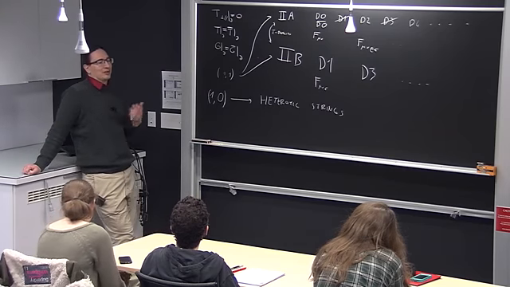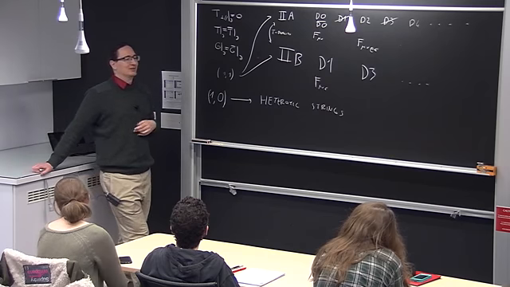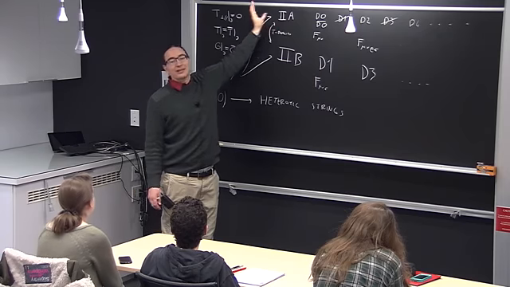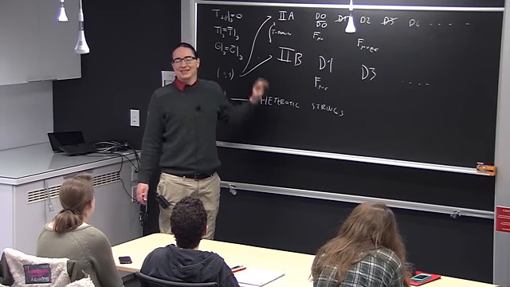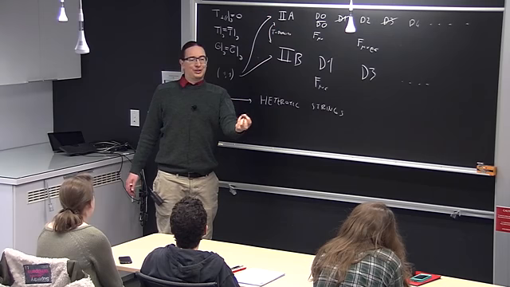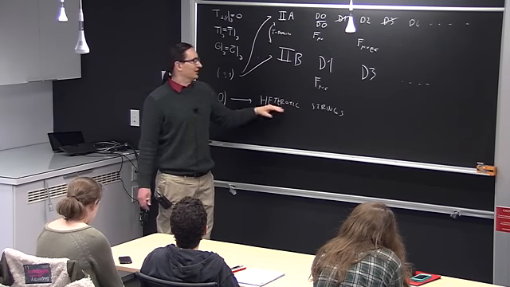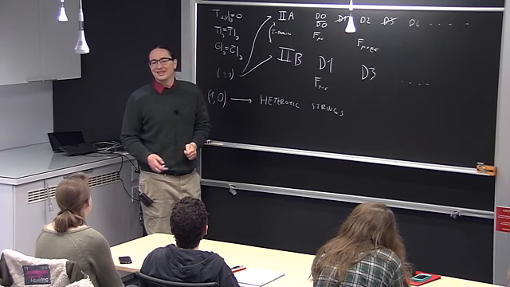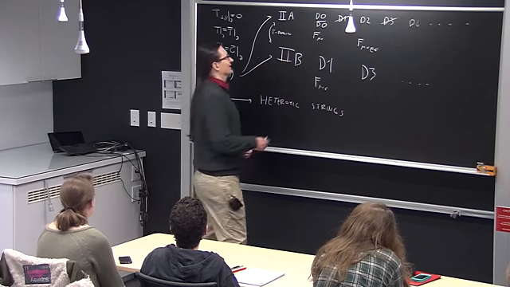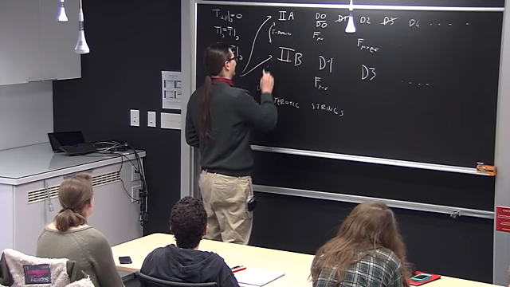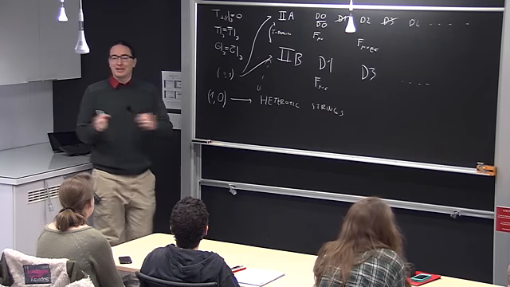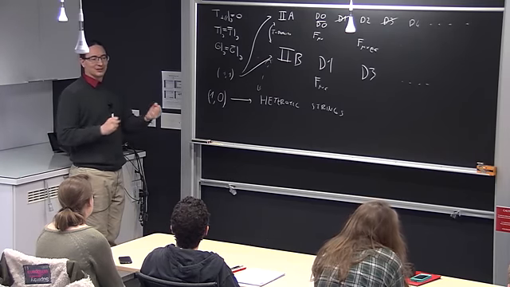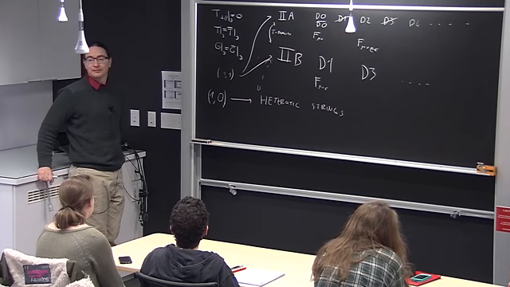For example, you can find a certain four-manifold with a property that if you compactify type 2A on that four-manifold, and you make the four-manifold small, they start looking like heterotic strings on a torus. So there are dualities that relate. There are manipulations that can relate all sorts of consistent theories that you can define,